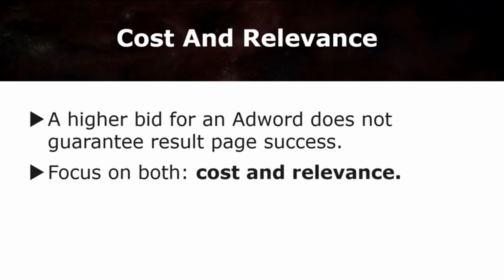You should take into account that the higher a bid for an ad word does not necessarily buy you results page display success. As a matter of fact, even if your rival's bid is higher, it's possible that you appear above their ad. The reason being is your quality score is better. Higher quality score, lower CPC. So focus on